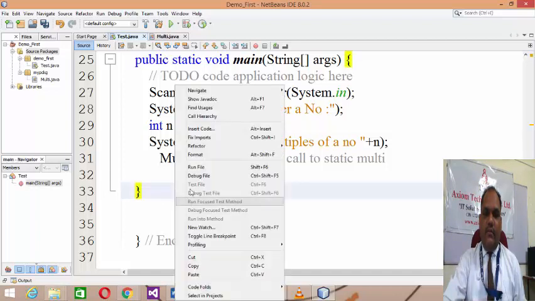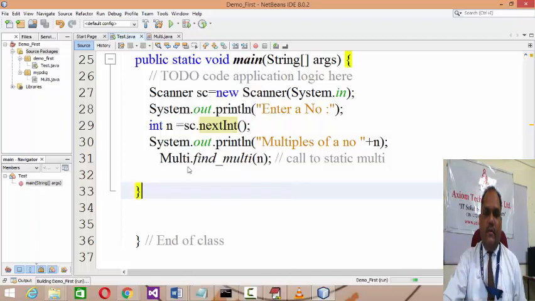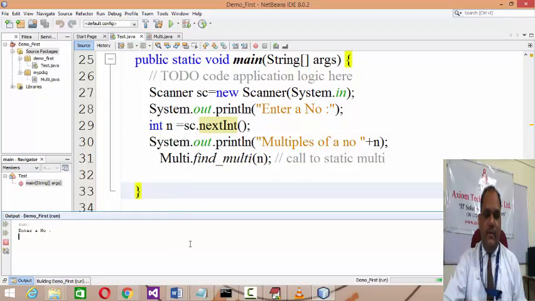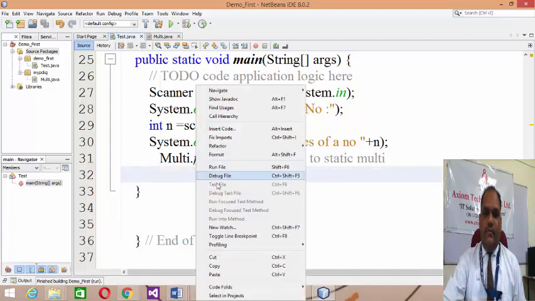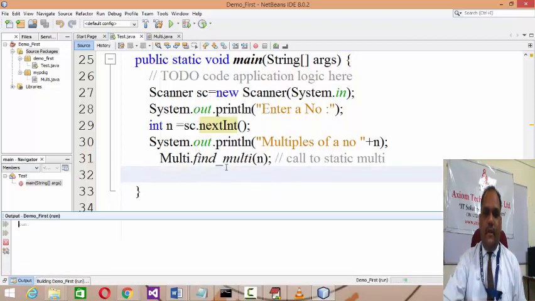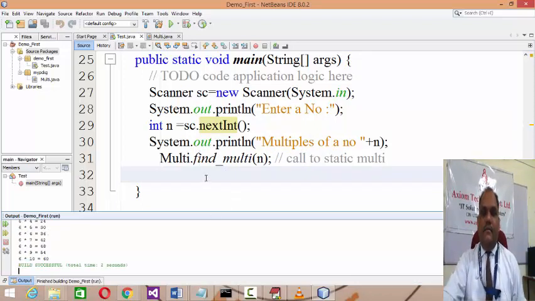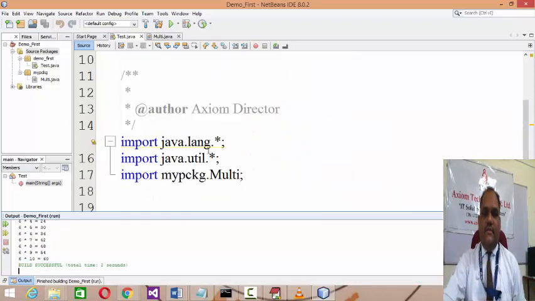Let's run this code and check whether it runs in a similar way. Okay, enter the number 5, it will produce the multiples of 5. If you run the file again and enter the number 6, we get its multiples. It's like the things we discussed.